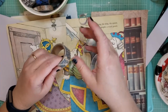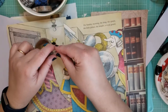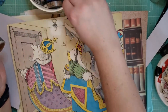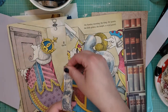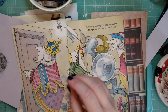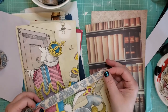All right, let's get to the beginning. Just stick this right here so I can use it again sometime, hopefully, on something. And this one. Don't want to waste pretty tape. And when I'm doing a collage or something, a ripped piece is just fine. Okay. A little bit longer. And if it comes loose, I'll add glue to it. But for right now,